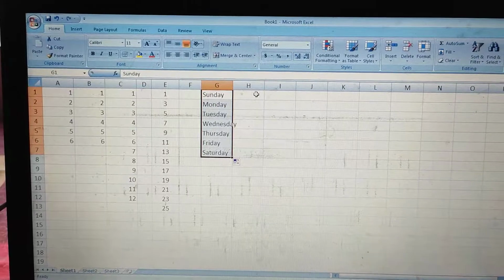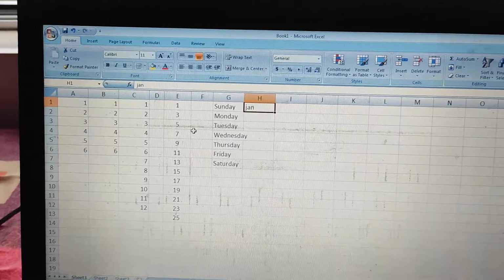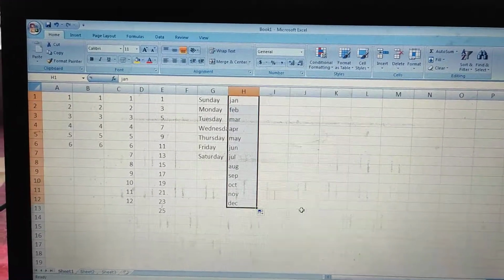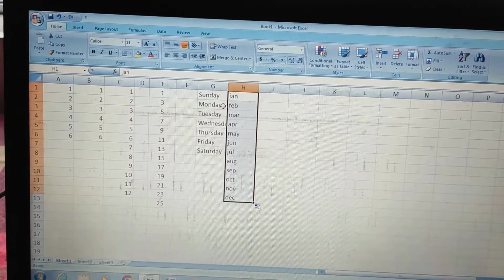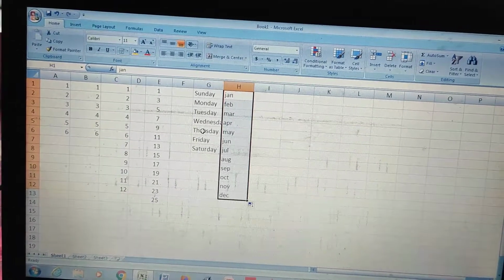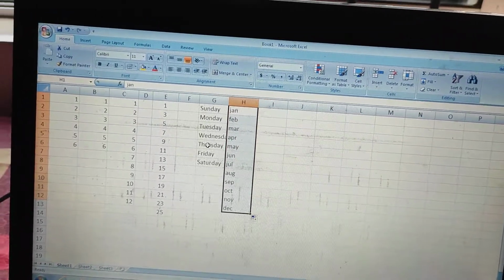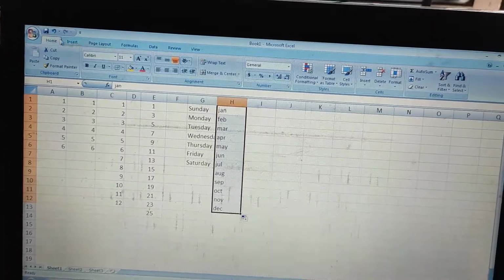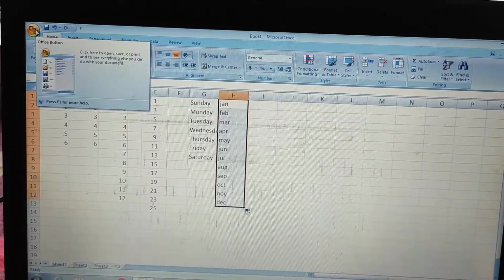We have Sunday, Monday, we have January, February, Jan, Feb. If you want to fill up, you see, I have written only Jan. So Jan to December, like this. So these are already given, present in our system. If you want to make your own, it is also possible. In your book it is given, one option, how to create your own fill handle, that is called custom fill handle. So in 2007, if you want to do it, go to the office button,